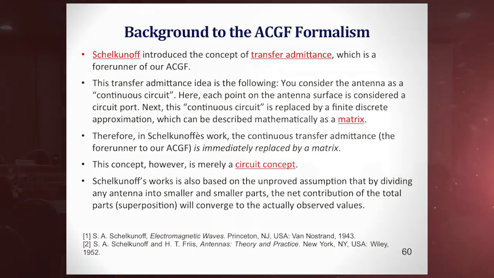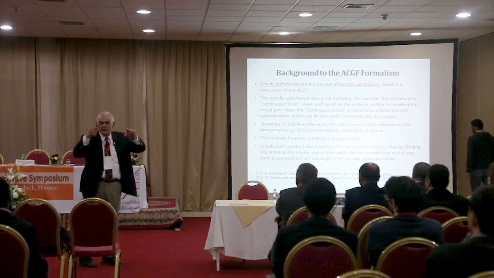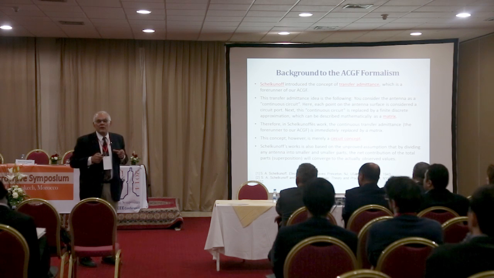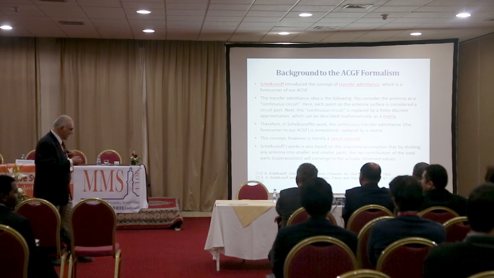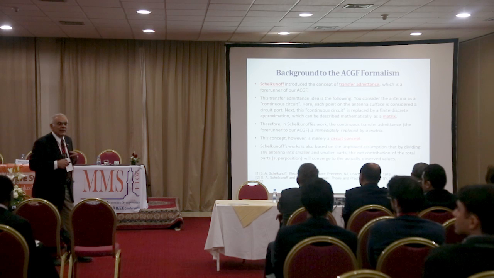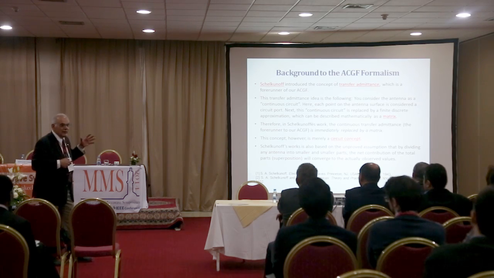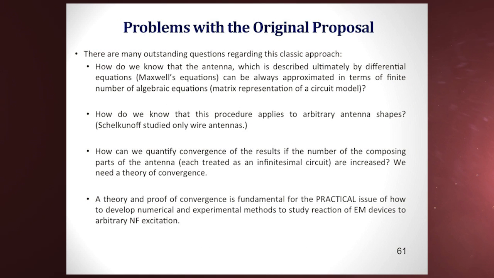So he took an antenna, cut it into small pieces, and tried to do a circuit model for each piece. And using this circuit model, he tried to construct a model for the whole antenna and so on. There were some questions here. This concept was basically a circuit model, and that didn't really go too far. There wasn't a follow-up on it. So this is basically the forerunner of what we're calling the antenna Green's function. And there are some problems with his model, as I explained originally.